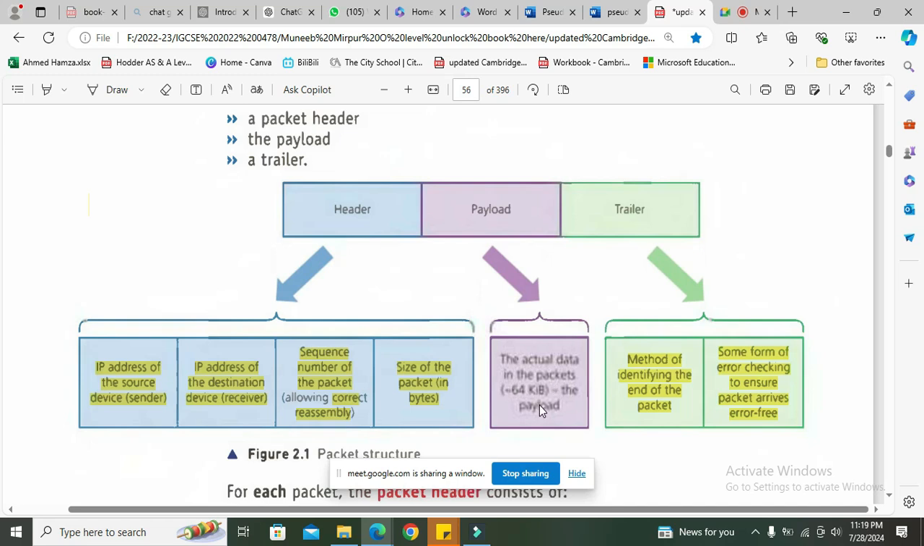Now in the payload, our actual data is loaded, which is 64 KB. Here is the size of the packet, and here the actual data is loaded in the payload. The third is the trailer. In the trailer, we have a method of identifying the end of the packet. There are different methods to identify the end of the packet. Why do we use this method of identifying the end of the packet? So that we can separate each data from the other data